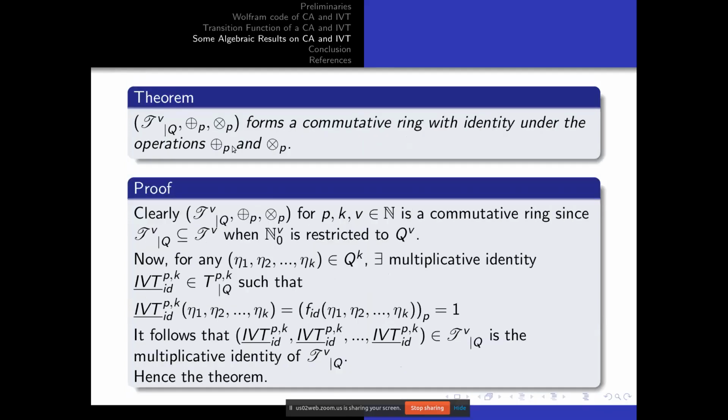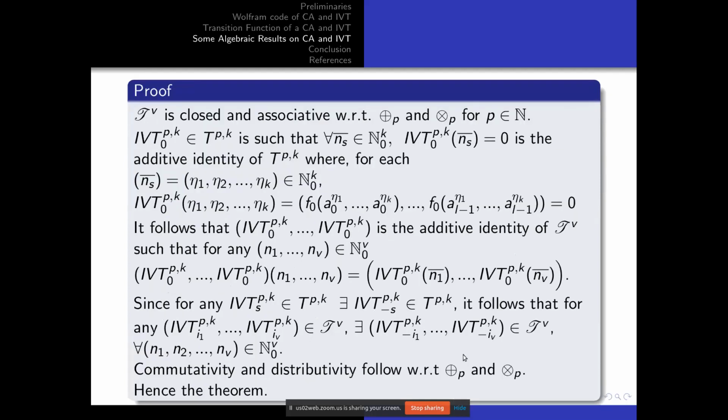But when we take some restriction over the set of integral value transformations, that the set of natural numbers is restricted to the states set Q, then it becomes almost identical with the transition functions of CA, and then naturally identity occurs. What the problem was previously here, the definition of IVT is such that it is a